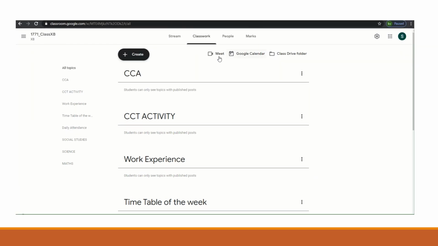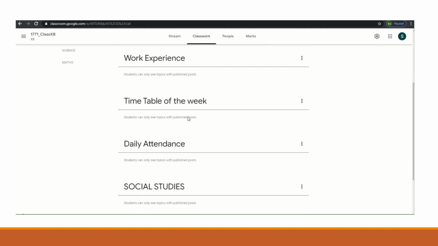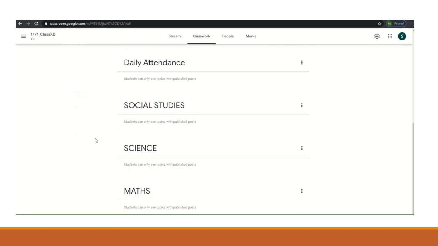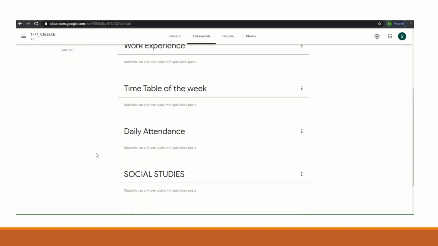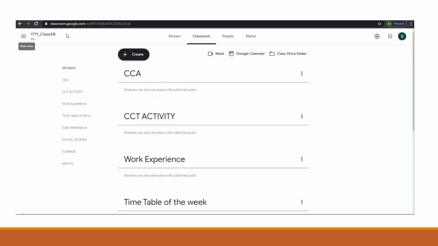The idea behind creating the subjects as topics is that a student has only one class. So once he comes to the class, he gets all the subjects' material in one place. To make it easy for the student, it has been made like this.